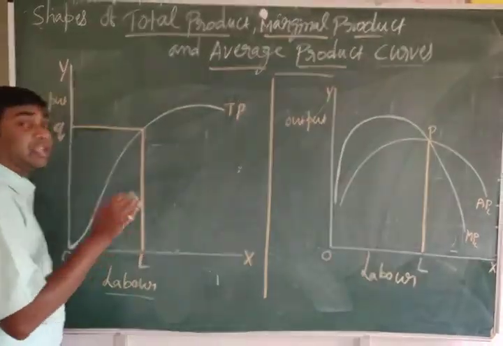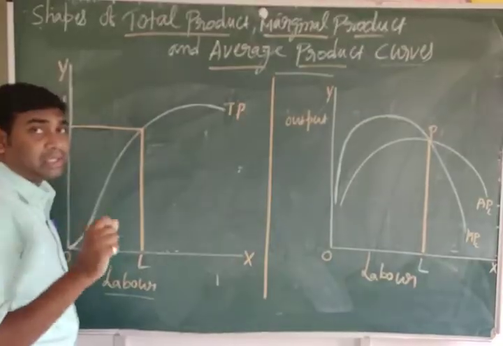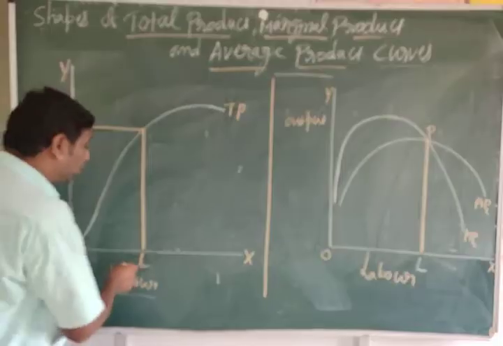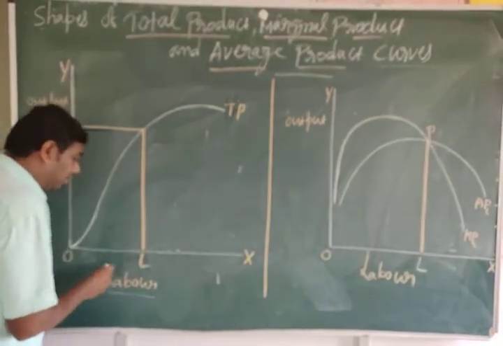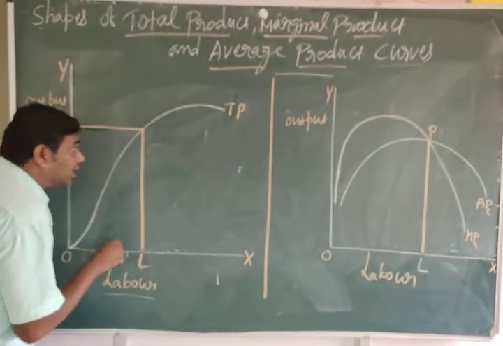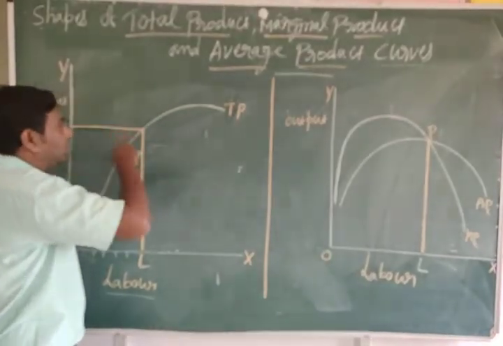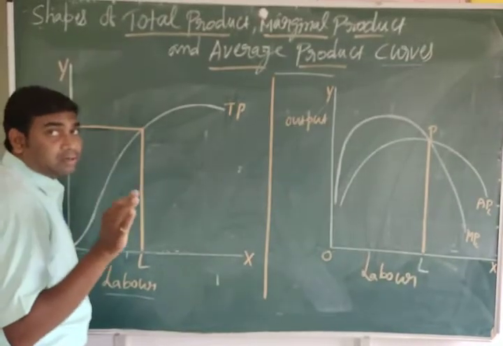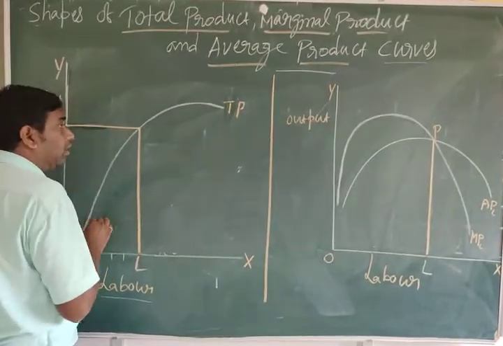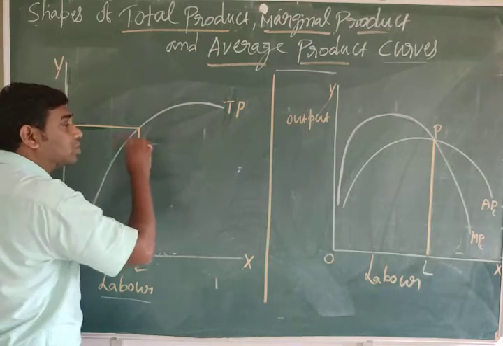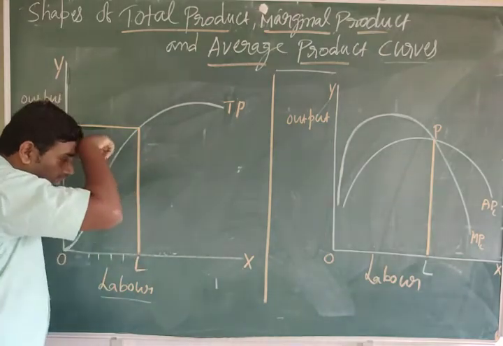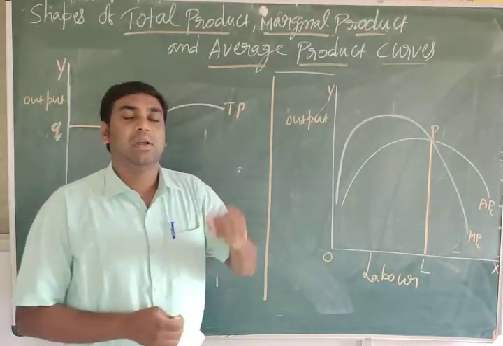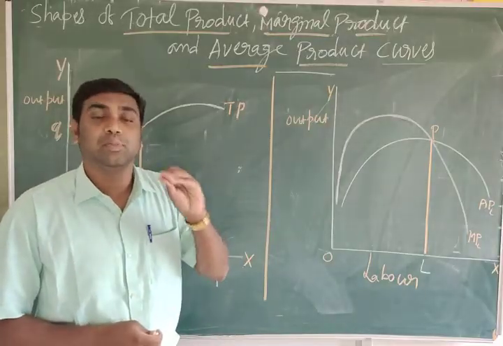So in the short run we can change only labor, while raw materials, fuel, transportation and number of shifts stay fixed. That's why when the inputs of labor increase, output also increases, that is, the total product increases. It depends upon the short run production function. So when the input increases and output also increases, the total product increases, keeping the fixed factors constant and only the variable input increasing.